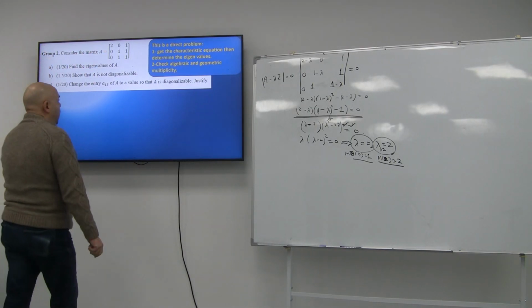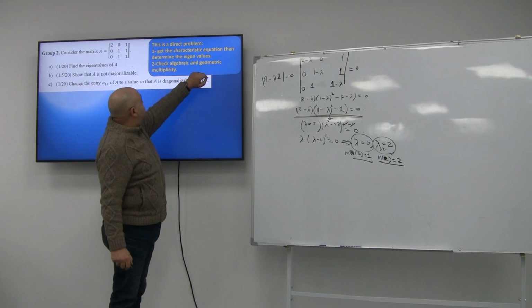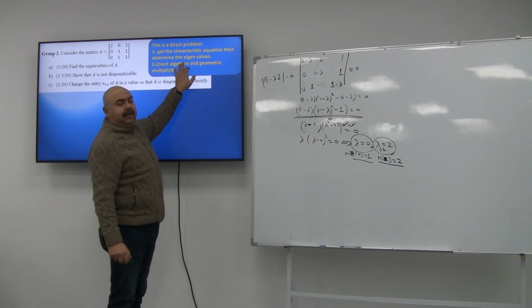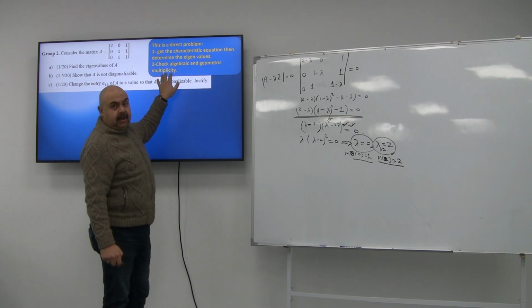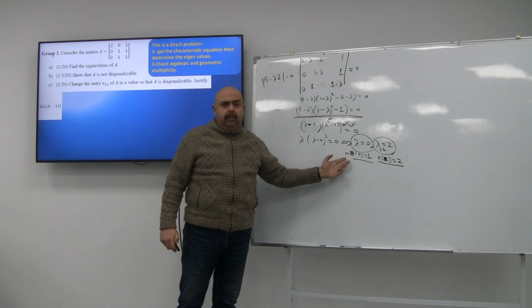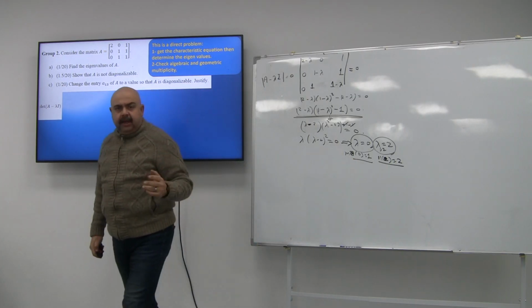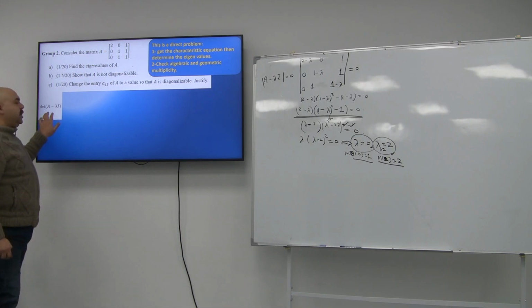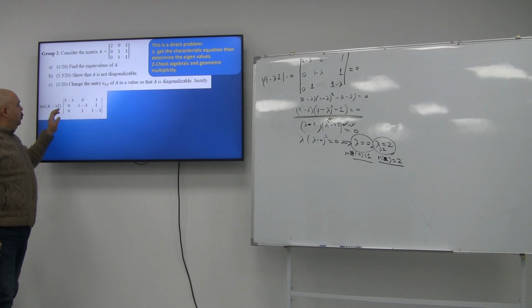So simply, I will try to get the characteristic equation, then determine the eigenvalues, and check the algebraic and geometric multiplicity. This is easy by finding how many times the final value is repeated. So I will start with the characteristic equation. As I told you, the determinant of A minus lambda I, which can be put in this form,